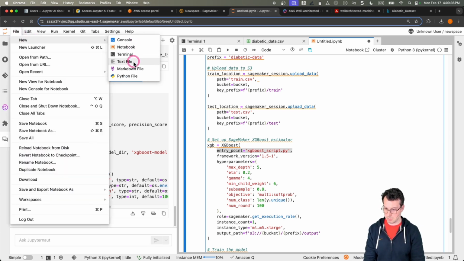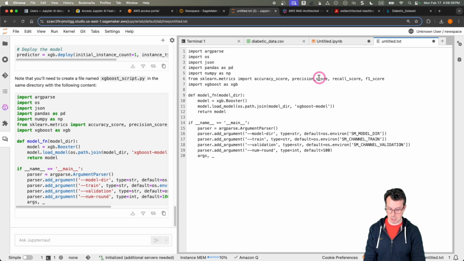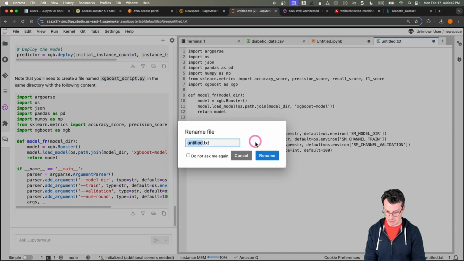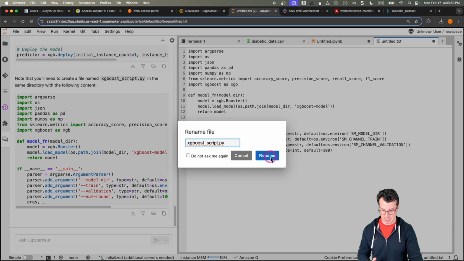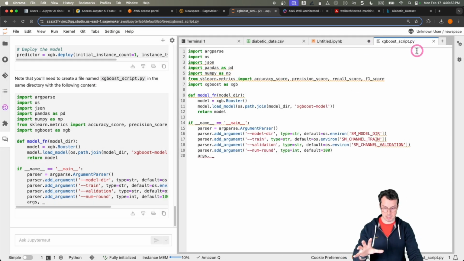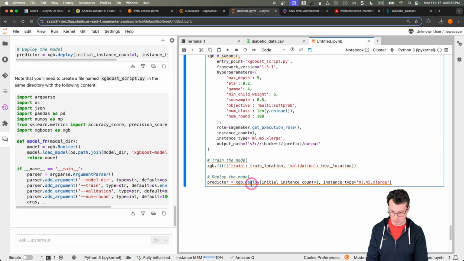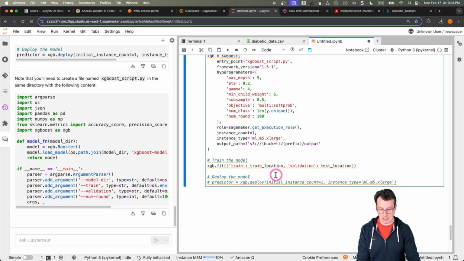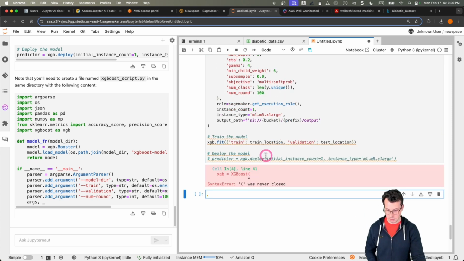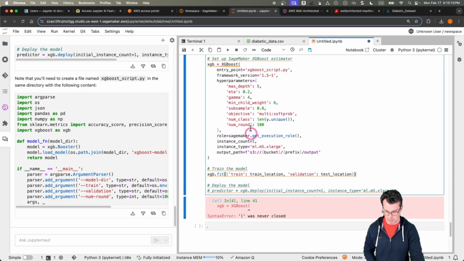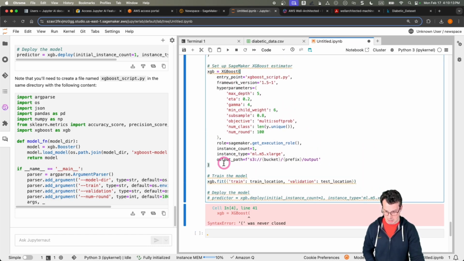So let's do new text file. I'm going to paste the code there, and then we want to rename that file to make sure that it's aligned with what's expected. So let's save it to have that name, rename. Okay, so this is our script, and I'm going to X out of that, and let's run this next cell. In fact, I'm going to just comment out the deploy part because I don't want to deploy the SageMaker endpoint just yet. So I'm going to run this, and let's see, it's complaining with the XGBoost not closing, so that should be fine here,